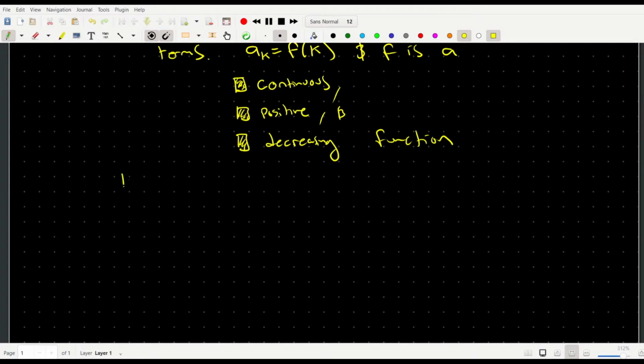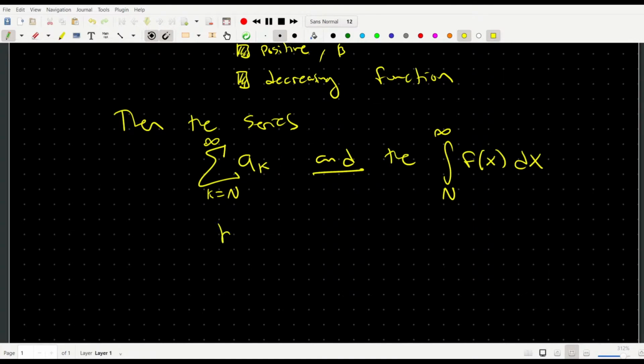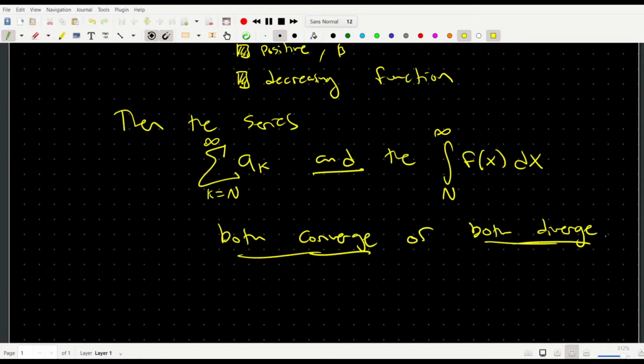And if this is the case, then the theorem says that the series of the a_k's and the improper integral of the function f both converge or they both diverge. And that's it. This is the